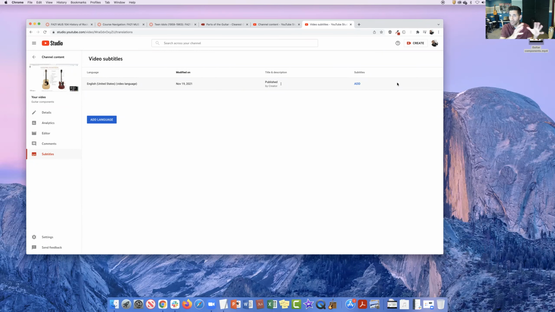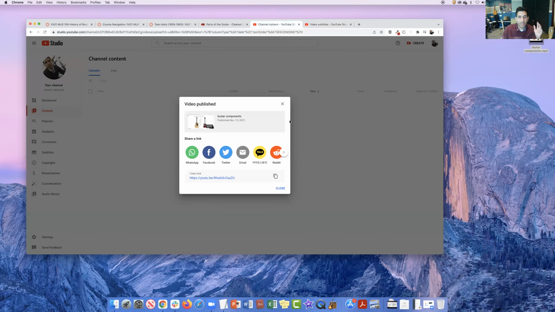And the editing field is a lot easier than it used to be. It's almost like working in a Word document, and you can put in correct spelling, punctuation, capitalization, and then publish that. And then once that's published, you can delete the auto-generated, so then it automatically will update to your YouTube video. So the last thing I'm going to show you here is,